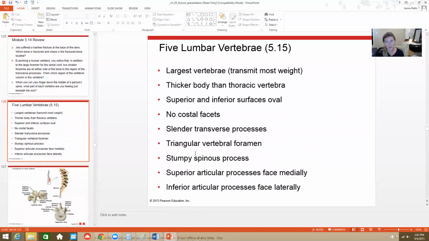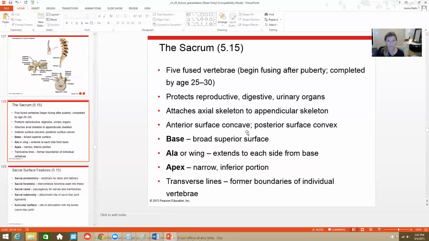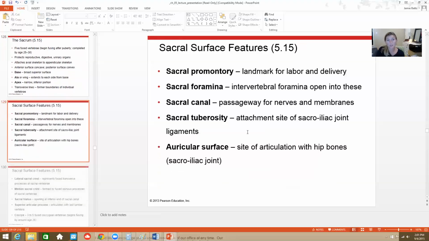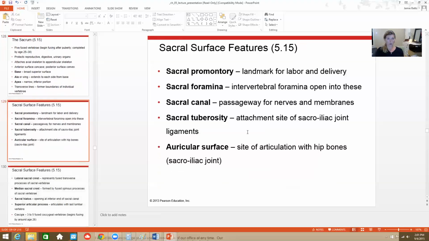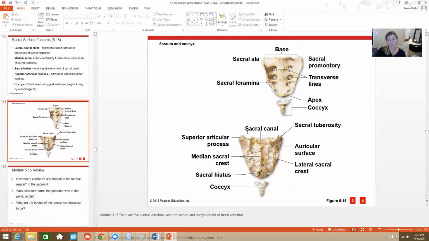What makes a lumbar vertebrae different from a thoracic and cervical vertebrae in general? It's bigger, it's thicker, right? But you don't have to know it has a triangular vertebral foramen or it has a slender transverse process. You don't need to know that for this class. The sacrum, again, you don't need to know all of these terms for my purpose,